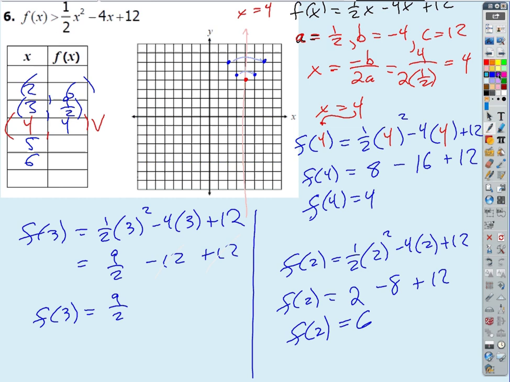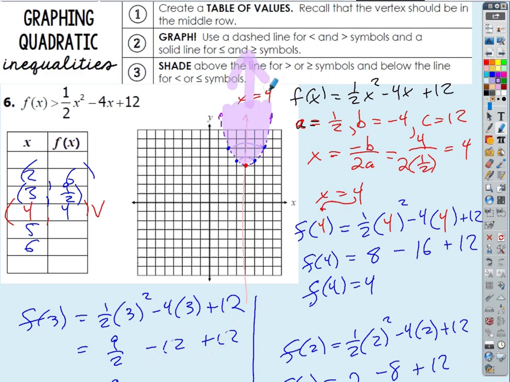Okay. So we've got something like this. There's my dashed boundary, and I'm going to shade everything above. Which will just look like this. It's going to look a little strange. But it's just going to be everything going up from there, right? It's going to be a strange looking region, but that's it. Okay? All right,